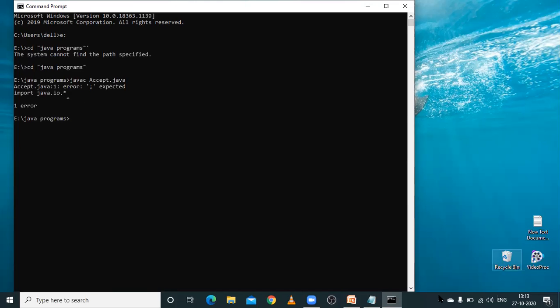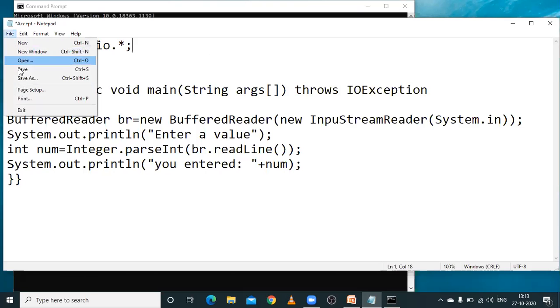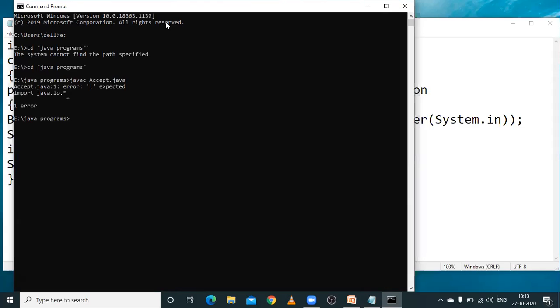It is showing one error. I didn't keep a semicolon over here. Save it once again.